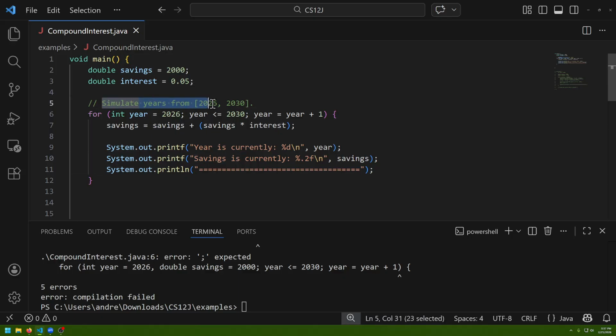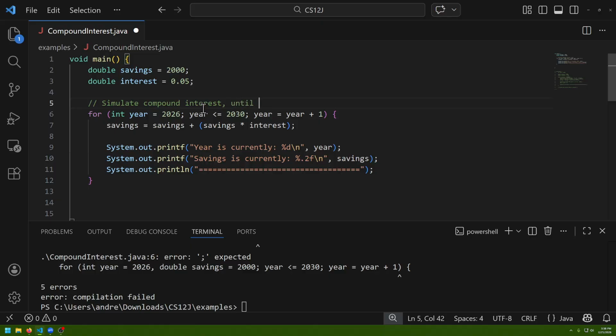So far, we're just simulating 5 different years. But what if we wanted to simulate a savings account getting bigger until we become like a millionaire? So basically, how do we modify this for loop so it stops when we reach a million? Right, so I'm saying simulate compound interest